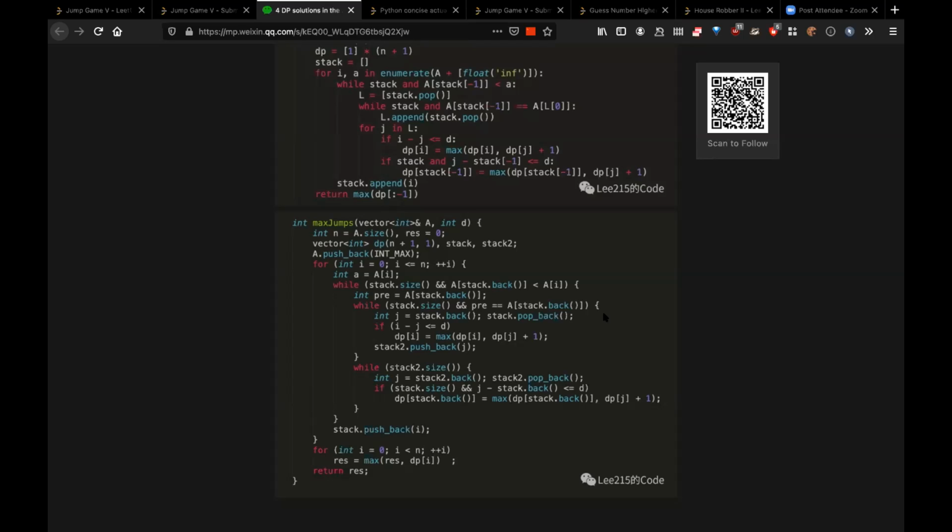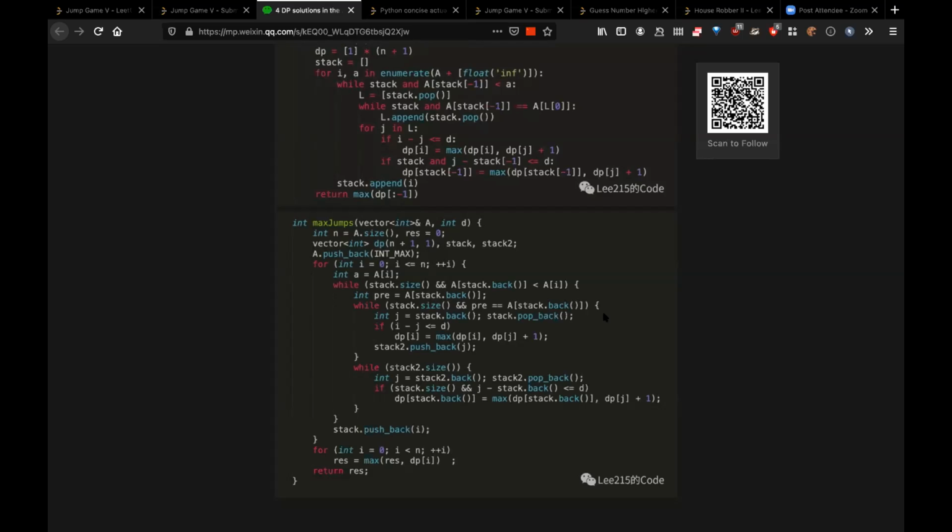No. Even in C++ also, he is doing a stack dot back and stack dot pop back, and he is doing it only if the values are equal. So he's doing a pop back only if it is equal. But he's not popping out fully if it is less than. Because anyway you don't pop it, but you pop it only if they are equal. Exactly. What does that mean? Yeah, it will always be equal, right? Because